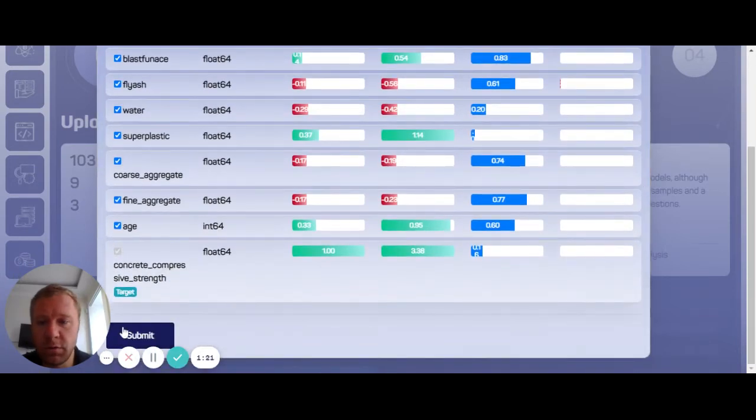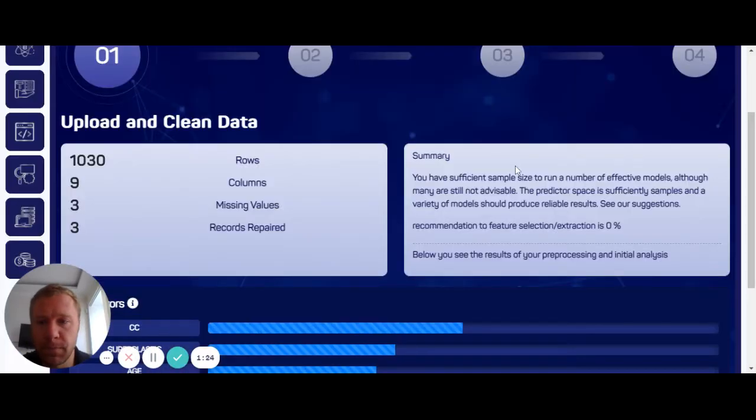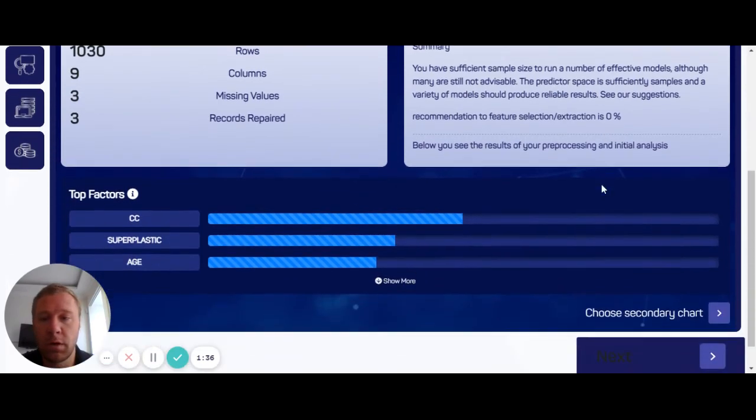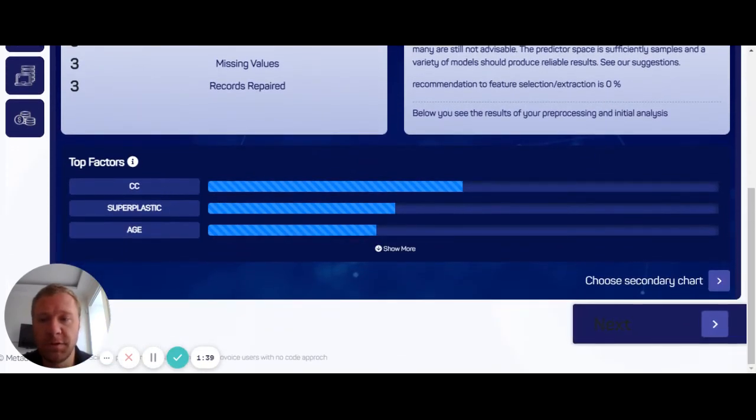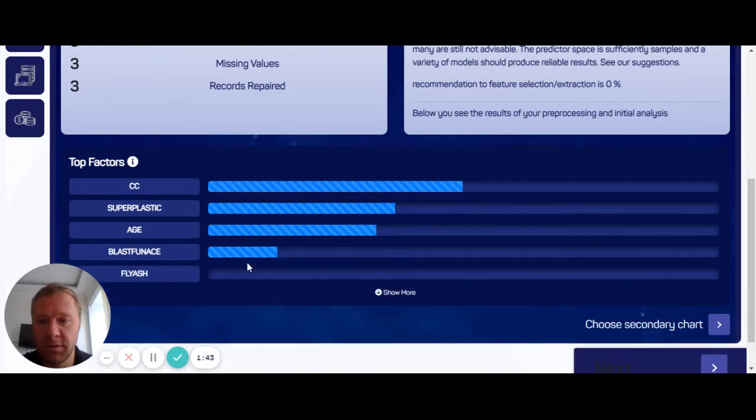And we'll continue using all the variables. So now you see we've got a summary of the data set, including the number of rows, columns, and a general statement about the properties here. These are the top factors: CC, superplastic, and age of the material. We can see more,